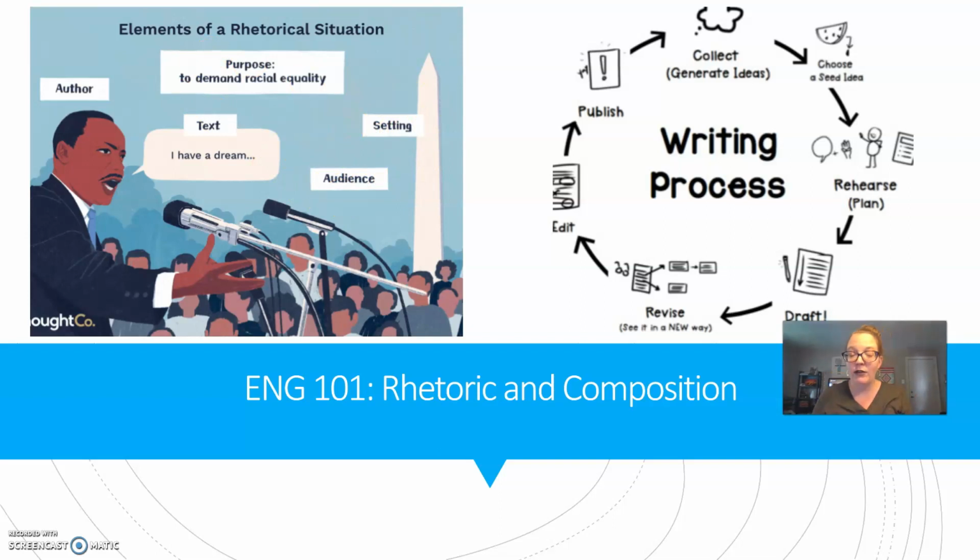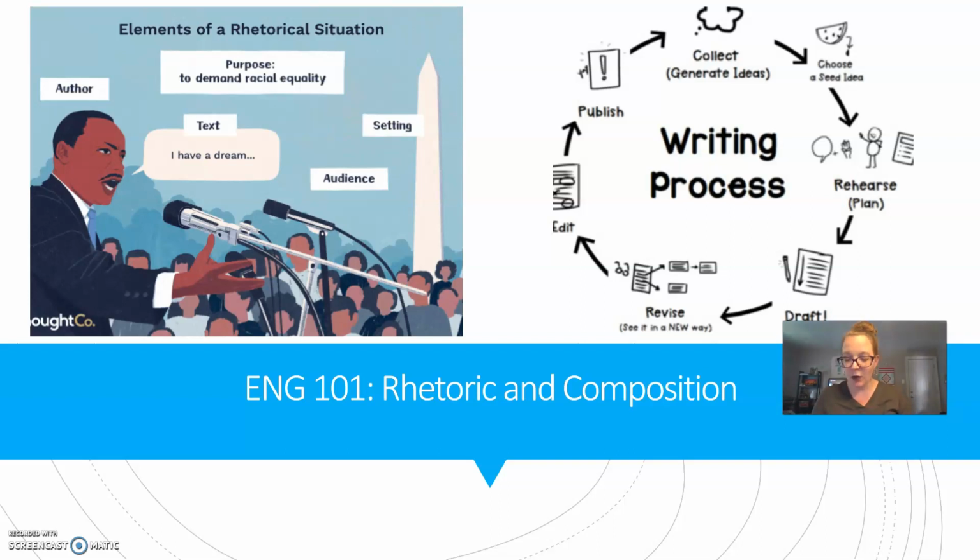When you think about writing, when you think about composition, you want to think about it in this way as well. So just as when you're speaking and giving a speech in front of an audience, when you write, you want to think about the reader and your purpose for writing to them. How does the context surrounding your writing affect how it's perceived? And then who are you as an author, and how does that affect how you write? So that's what we mean by rhetoric. Some of you may have heard of persuasive appeals like ethos, logos, and pathos. We're going to talk about those in a future essay.